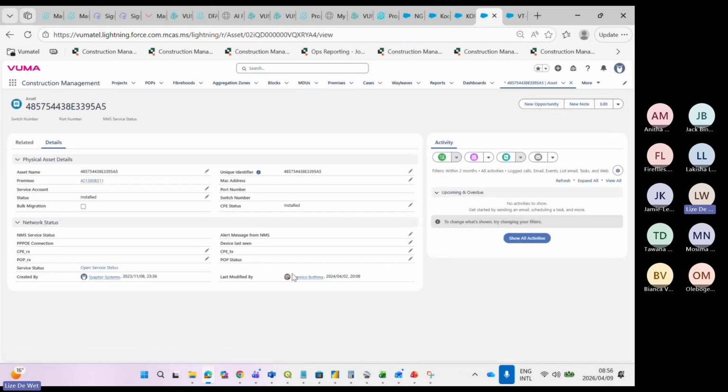We click on the asset. Then we can see the asset was installed. This is the location ref of the premise that it was installed on. This is the current status and the CPE status. And usually the service account is also here. In this case, it's not. The reason why I like to see that is because then we can see the contact information of the client. And if we have the contact information of the client, then it means we can phone that client to confirm